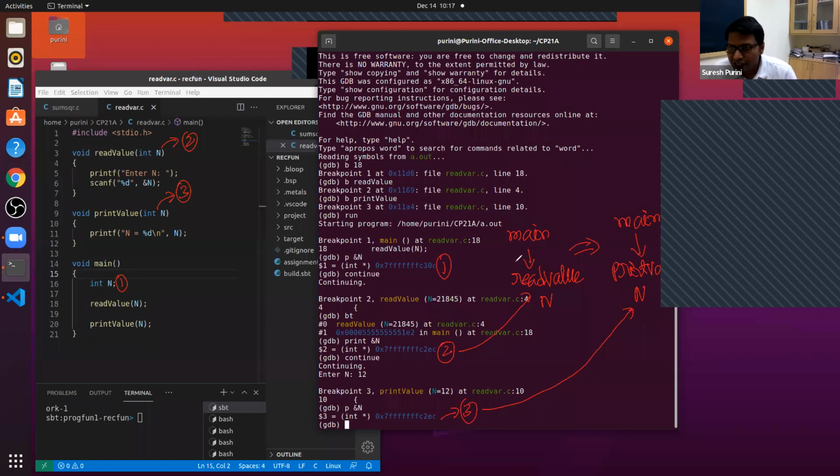It is a coincidence, yes, Shamavi. It's a coincidence, but it can change if you declare one more variable. There is a possibility that it is not exactly by chance. Actually, there is a reason, but it is not assured. But there is a good probability that when you have read value and print value with a very similar function signature like this, it is quite possible.